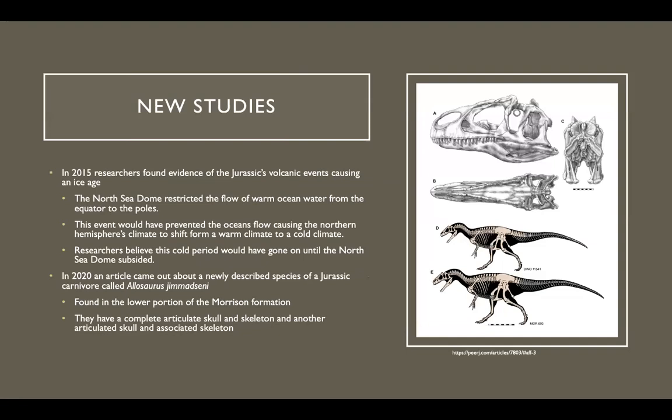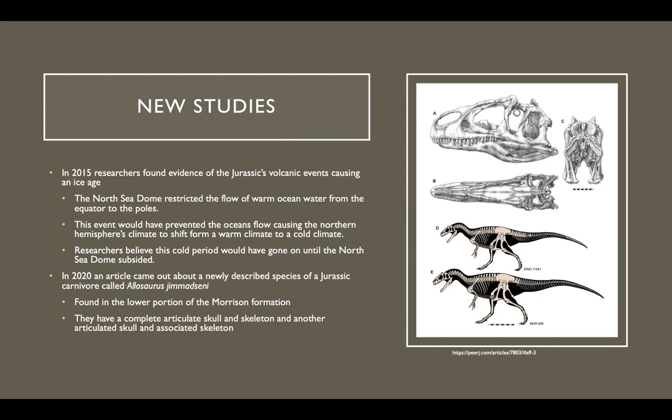So, new studies. In 2015, researchers found evidence of the Jurassic volcanic events causing an ice age. So the North Sea dome restricted the flow of warm ocean water from the equator to the poles, and this event would have prevented ocean flows, causing the Northern Hemisphere's climate to shift from a warm climate to a cold climate. And researchers believe that this cold period would have gone on until the North Sea dome subsided. And this is because if the warm waters from the equator couldn't reach the poles, they would get cold,